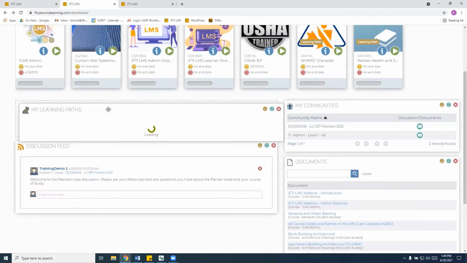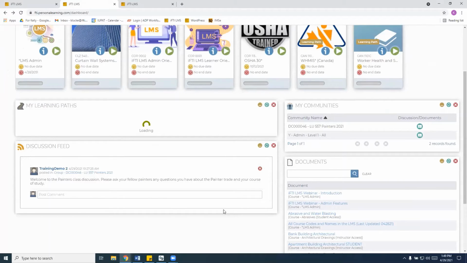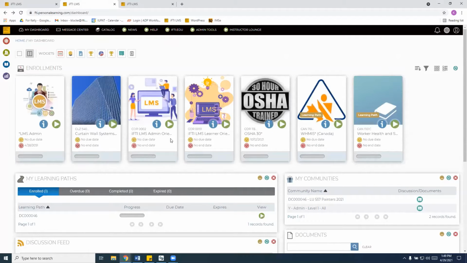But you can move the widget to place it where you would like. From there, your learning path is a series of courses grouped together. This is a listing of all the courses.